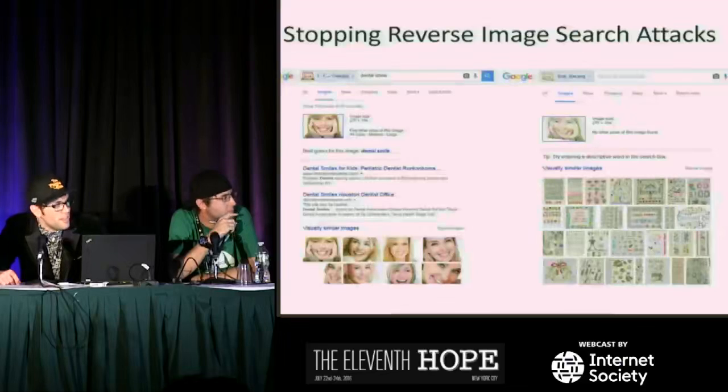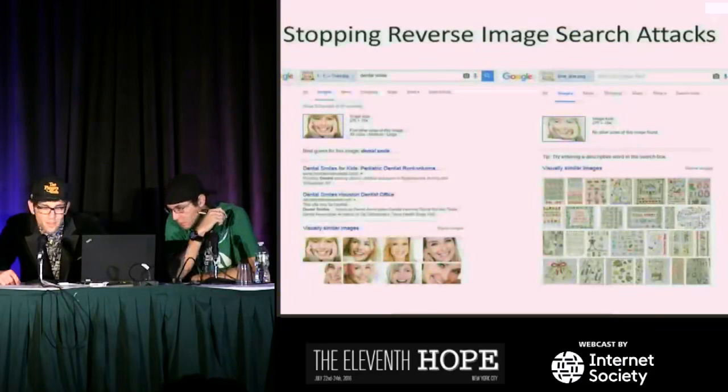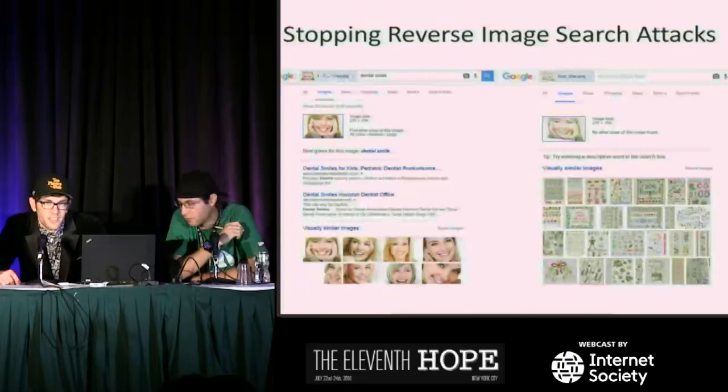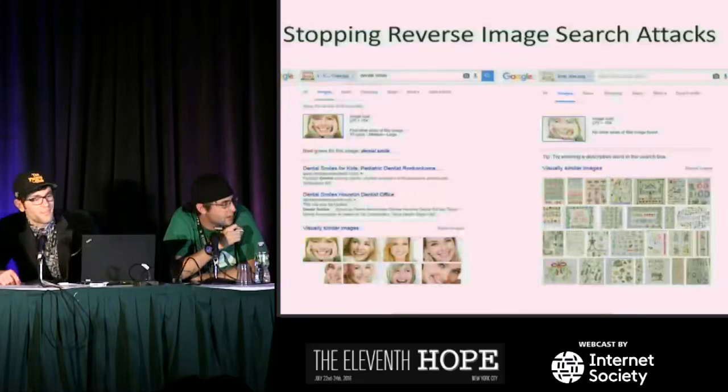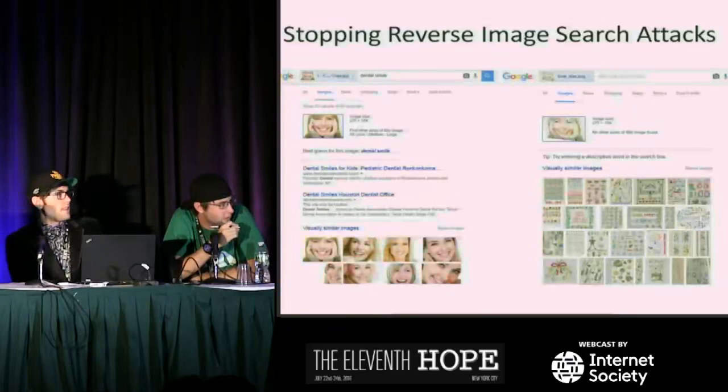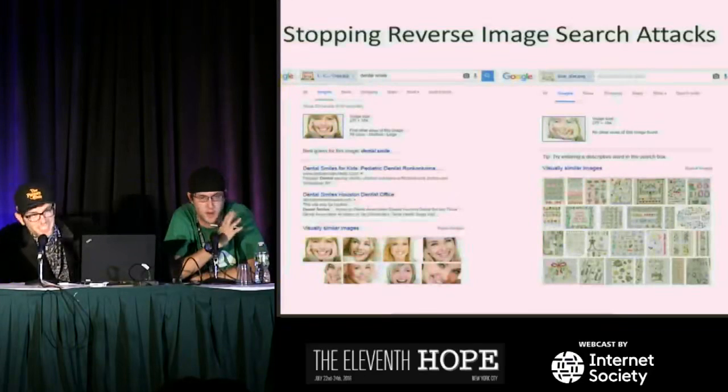When we noise the hell out of it, on the right side, look what happens. The visually similar images are garbage. They're all related to the grid pattern we added to the image. There's no longer a text string, and it can't find any other images that match. This is very important. We don't have this security guarantee in place yet because our filter chain is completely random. But when we finally apply ordinality to it, it's going to prevent reverse image search from nailing us to the wall, because if we're drawing our images from this pool, we need to make sure these tools can't be used against us. These are all faces, and this over here looks like carpets and sweatshirts and all kinds of random stuff.